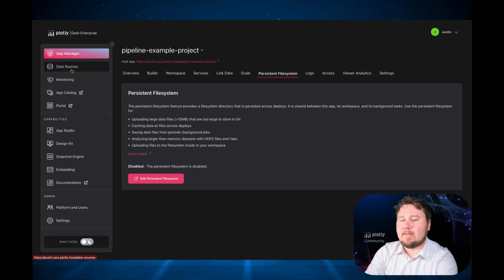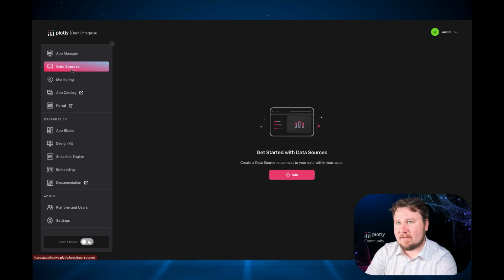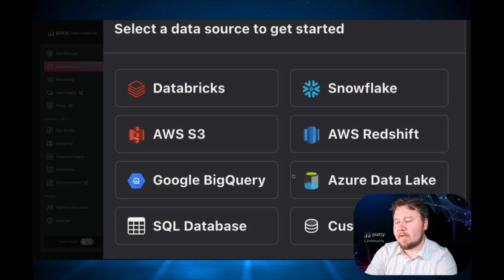But the other thing that I'd like to expand into is going to be data sources, where there are a bunch of specific databases that you can start to work with. This is a little bit more advanced, but there are Databricks, Snowflake, AWS S3, AWS Redshift, Google BigQuery, Azure Data Lake, SQL database,